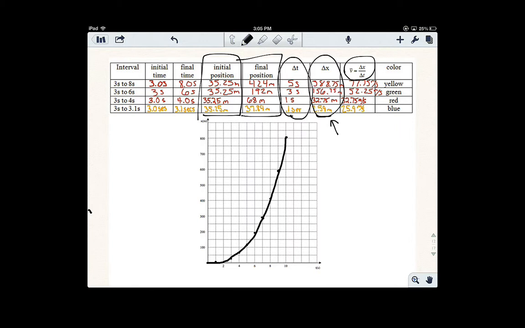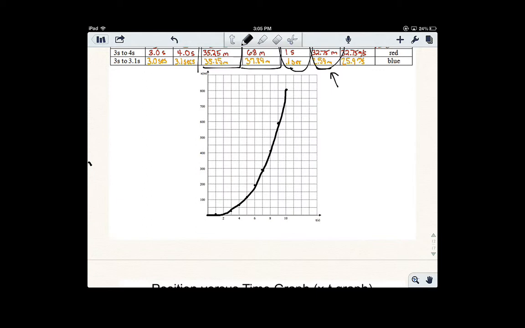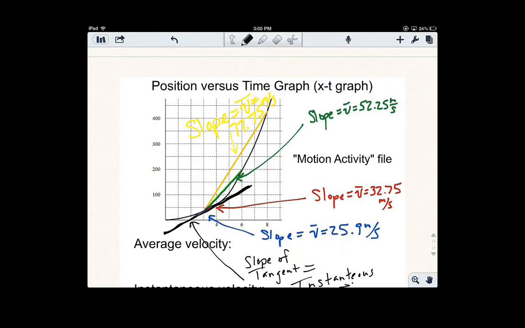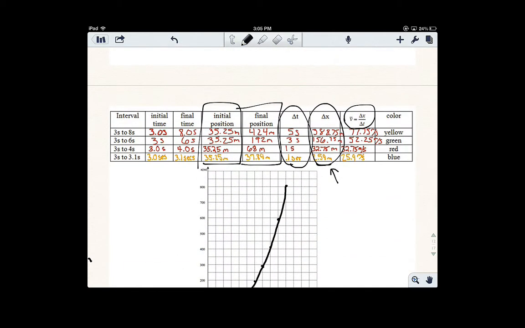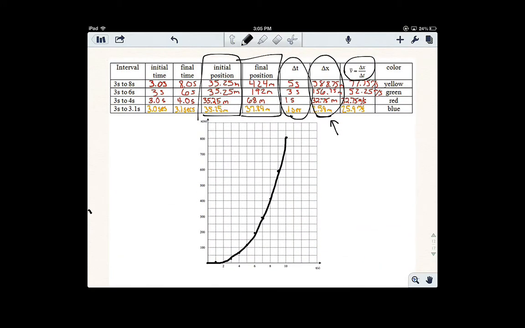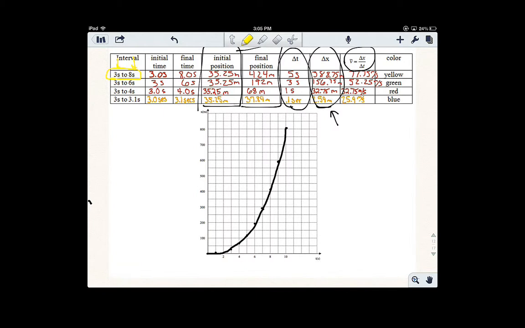In addition, when you were graphing it, you were able to graph your relationship and graph your function. And when you did that, you created a graph that looks something like this. Now, I have this written on here already. With this particular graph, you're going to create an average velocity, and the way in which you're creating an average velocity is by going through this time interval. For me, it's going from 3 seconds to 8 seconds. So between 3 seconds and 8 seconds,